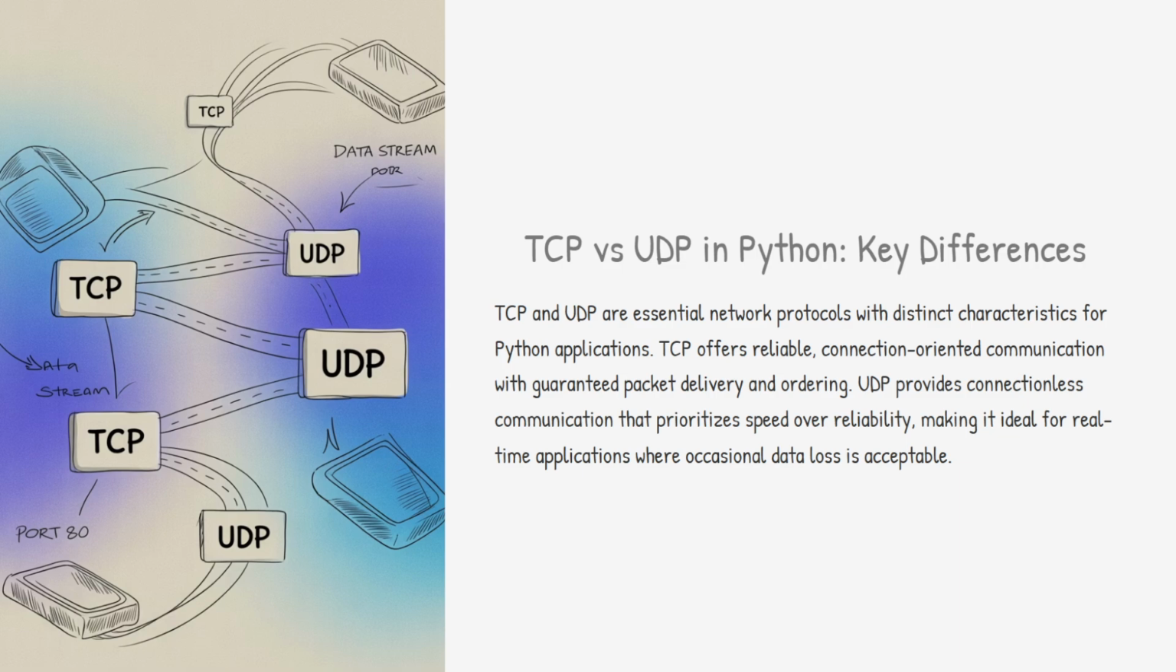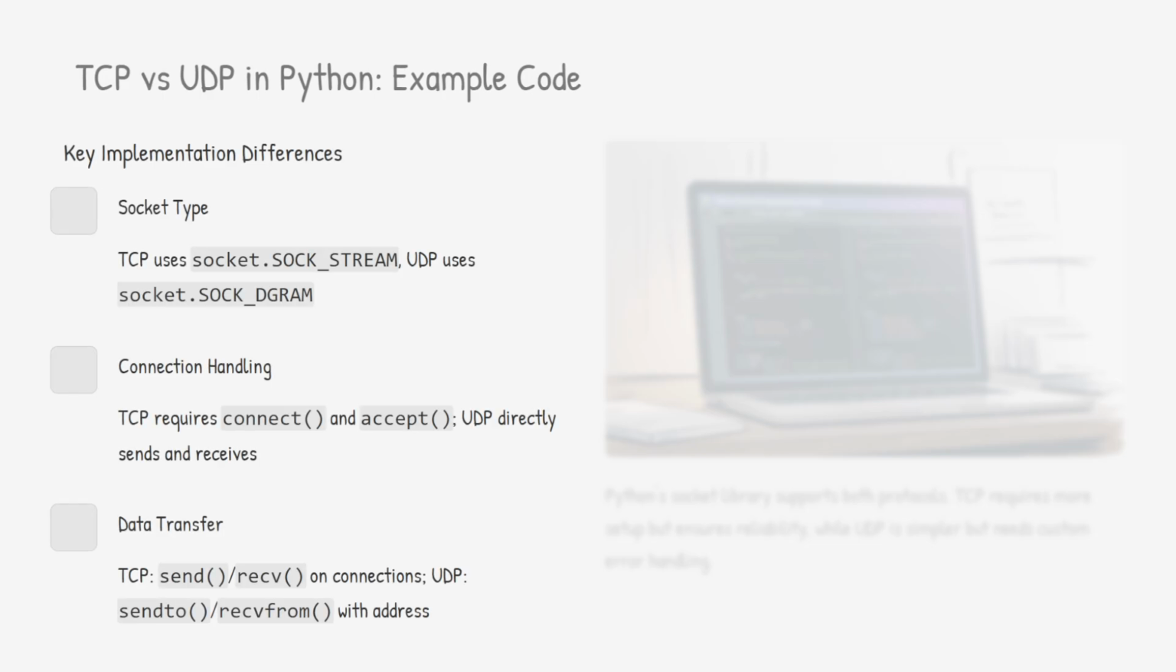UDP provides connectionless communication that prioritizes speed over reliability, making it ideal for real-time applications where occasional data loss is acceptable. So what is TCP versus UDP in Python? Example code. For the key implementation differences, the socket type: TCP uses socket.SOCK_STREAM and UDP uses socket.SOCK_